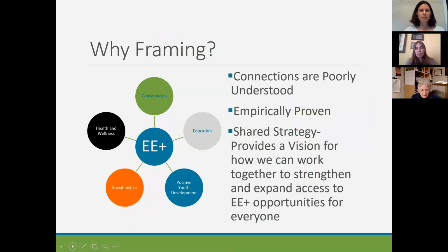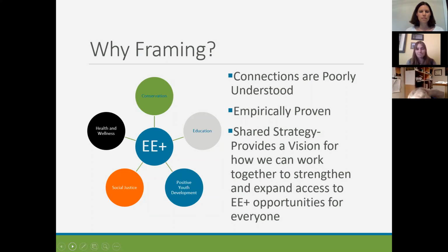So we really went this route around framing because these connections between all of these impact areas are poorly understood with a lot of the people we want to talk to and with the general public. Because Frameworks Institute is a research-based institution, all of the tools that they're giving us have been researched and found to work with the general public and to help navigate around some of the cultural models that we have